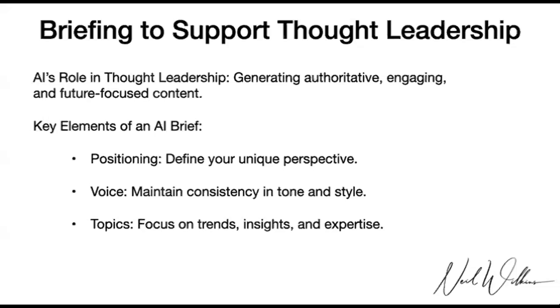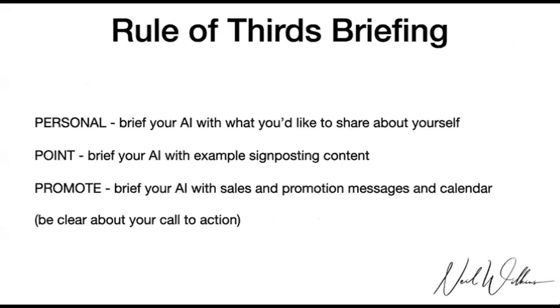And also the kinds of topics. I mean, what sorts of things would you want to be identified for? So let it know the kinds of topics. Are you going to focus on trends, on insights, or on expertise? Thinking about this deeply before just jumping straight into telling the AI what to output is really important. The more you work collaboratively with your AI and share this conversation, it can then ask you, what else would be interesting? Or what else could we work on? Or do you want this idea? I've got a really good idea about this. You'll be amazed what it will throw up that you possibly wouldn't have thought of.